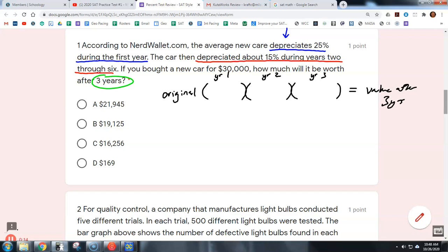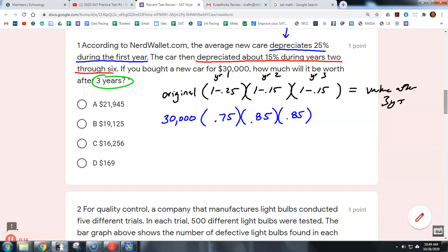Now, depreciate 25%. That's a 1 minus 0.25. The second and third year, it's 1 minus 0.15. So you always got to be ready on SAT questions. Sometimes they don't give you the final answer. Sometimes they ask for the setup. So the setup looks like this. We started at $30,000. We then paid well, your car is worth 75% of its value. And then we have a 0.85 and then a 0.85. And you could go more years if you wanted to, but that was basically what the question